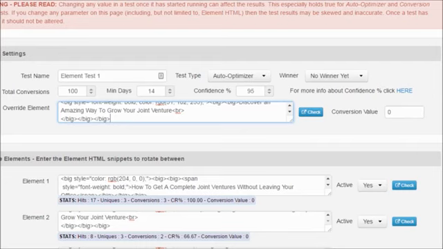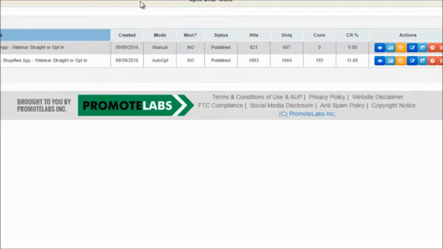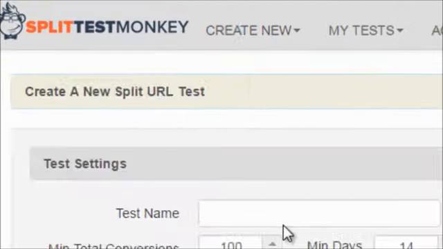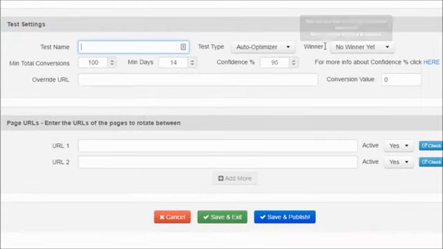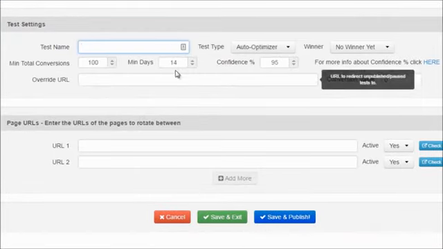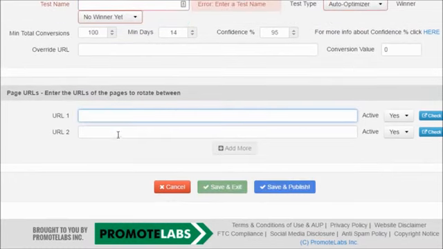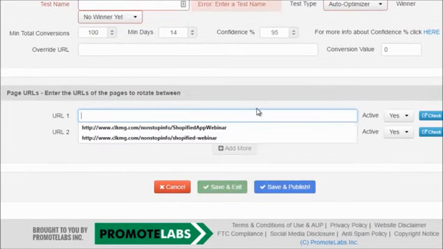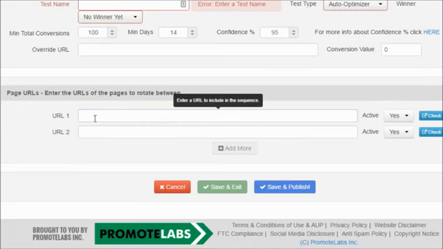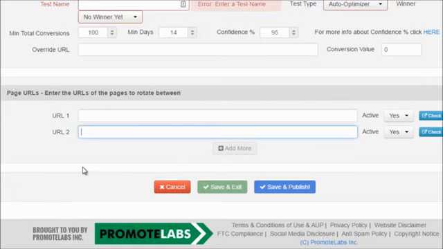The second split testing is the page URL. So that's the one here. And if we click create new split URL tests, it's very easy, very similar, as you can see up here. So all this stuff is similar. The only difference is the URLs. All right. So this URL could be, let's say, a landing page that targets a very specific mindset or frame of mind. And then URL 2 could be a totally different landing page targeting a different mindset within that niche. So maybe what you're trying to figure out is not only which one converts the best, but which one actually